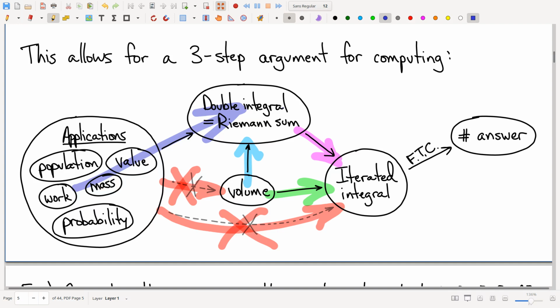Step 2, cite the big theorem that says double integrals can be computed with iterated integrals. Step 3, plug and chug. We know how to compute iterated integrals inside out. When you're on the inside, the outside variable is a constant, right? There's this mechanical process for how to compute those things. So what we have is a roadmap for how to answer application questions. Step 1, step 2, step 3. That's how we're going to solve